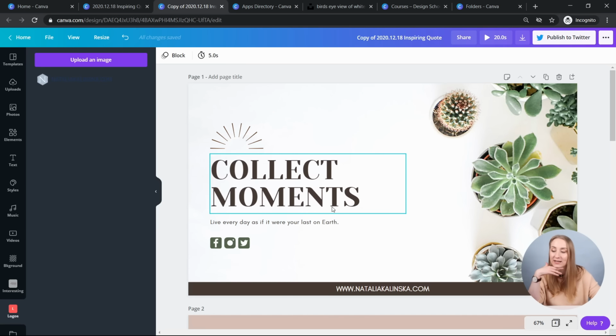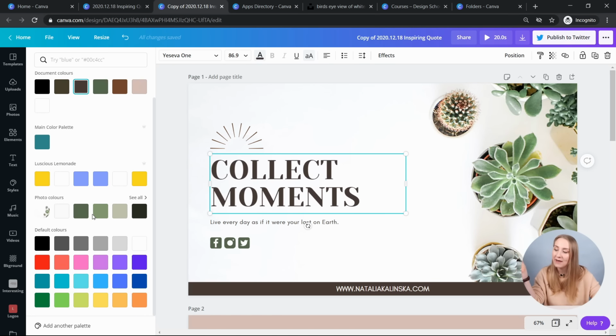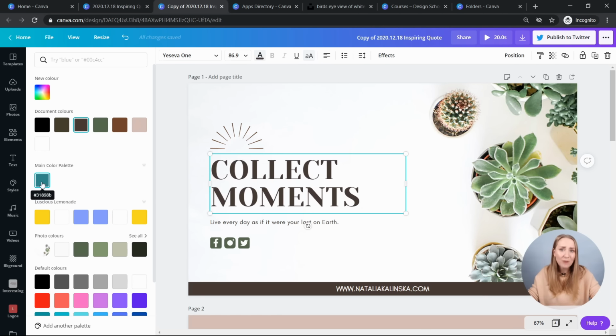And to show you the different brand colors, I click on here with my colors. And as I mentioned, you can have the palettes. So apart from the photo colors, which Canva pulls all the colors that are complementary within the photo, and you can just attach them to your design. You can change different colors, different elements to that particular color. But you've got your colors. If that was my main color, I can just click on it and it's there.